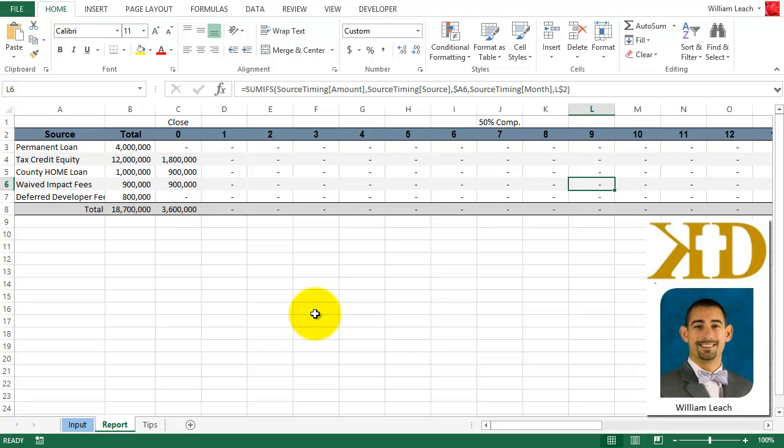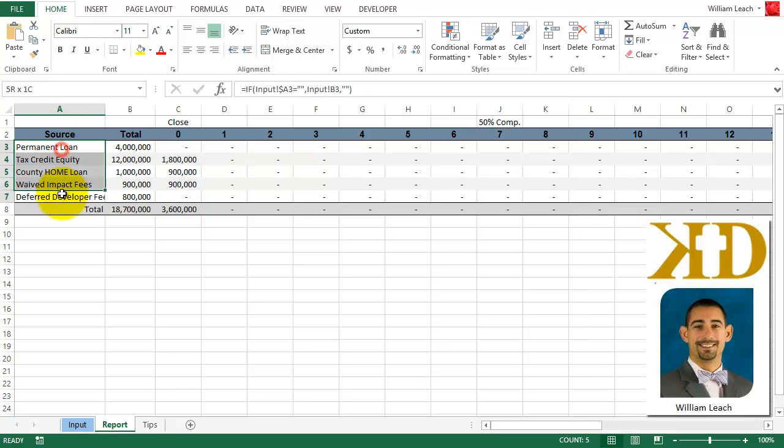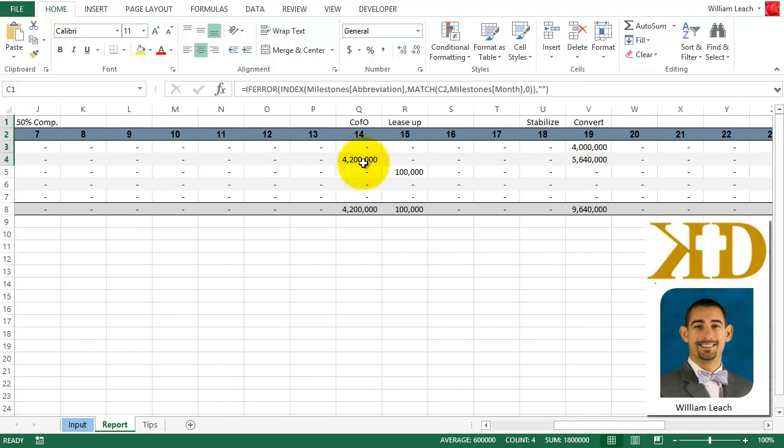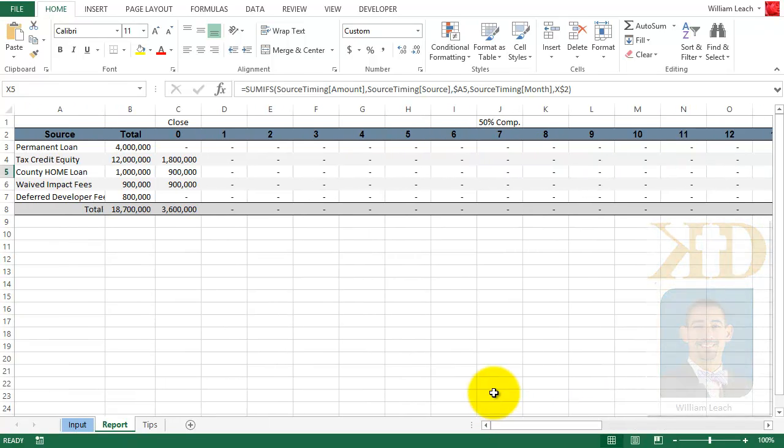from your construction loan. In this example, I show that I have 5 sources. These are their totals. But what months are they going to come in? Are they going to come in at month 0 at close? Are they going to come in as construction gets completed? I have some assumption of when they're going to come in. But instead of typing these numbers into these cells directly, I want a more dynamic means of inputting the data